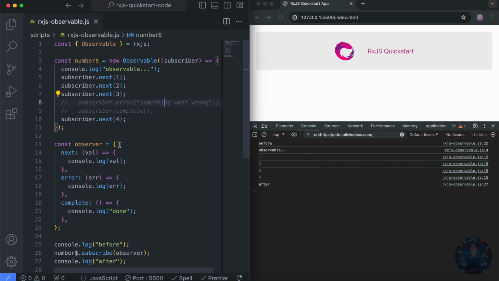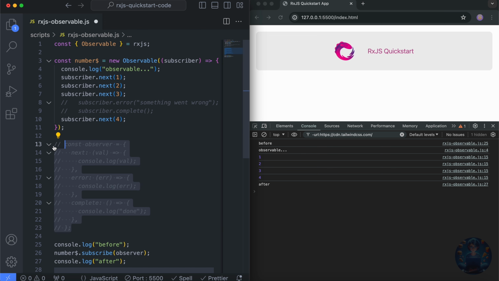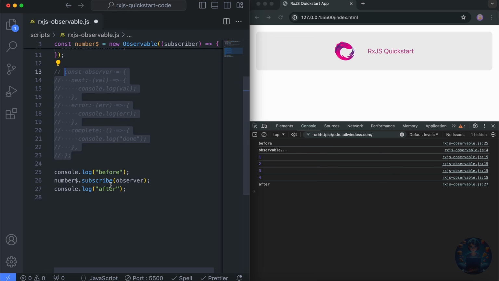Now, there are a couple of ways of declaring the observer. This is one way. Let's learn about the other one. I'll just comment this one, okay, and head to where we have the subscribe method. Here, instead of passing the observer as an object, you can handle those next, error and complete notifications as callback functions directly.